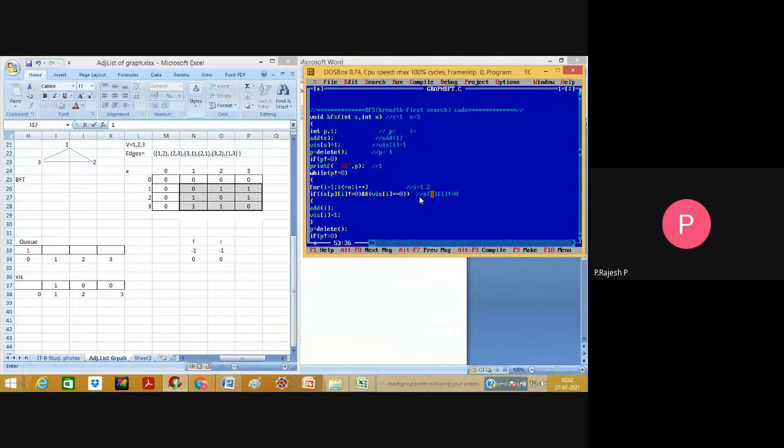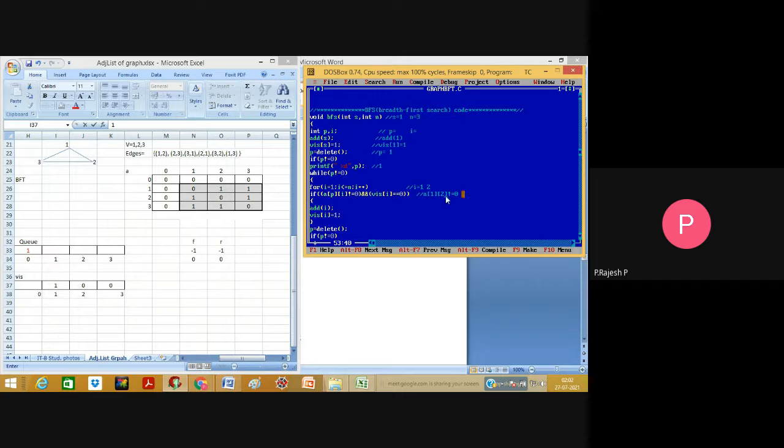So now i becomes 2 right now. Sorry, no, p is 1. So a of 1, 2 is not equal to 0? Yes, it is true.